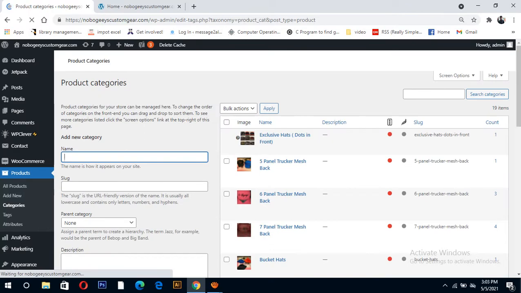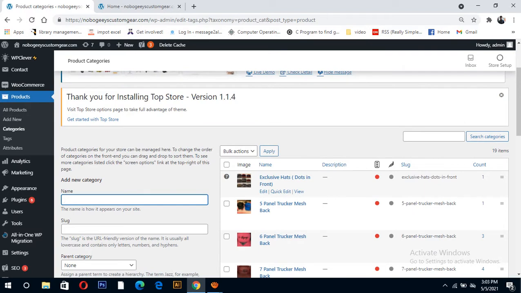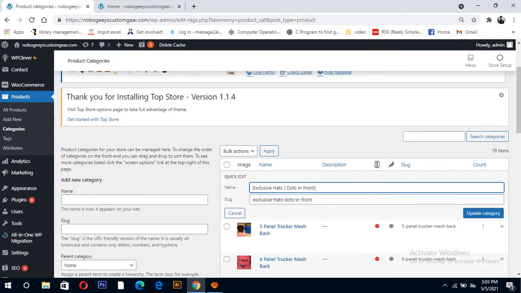If you want to add any category, just write the name here, and it shows here. If you want a category name correction, I mean spelling correction or any change, you can click quick edit, then you can change it. Just change this, and the slug is automatic.